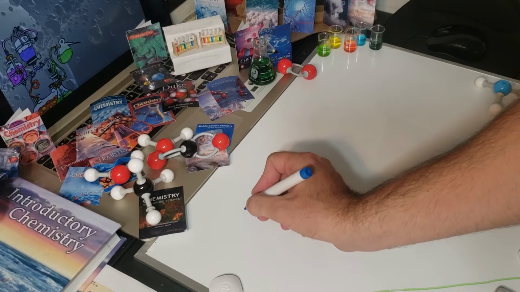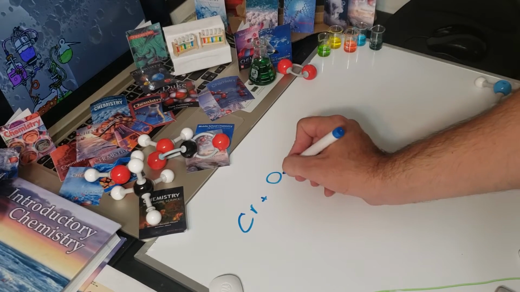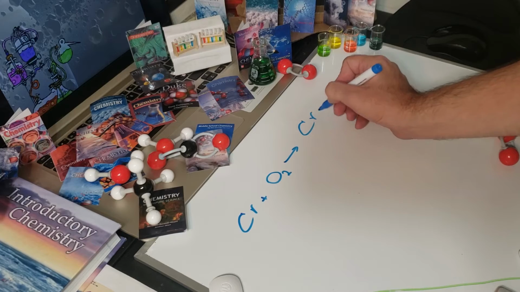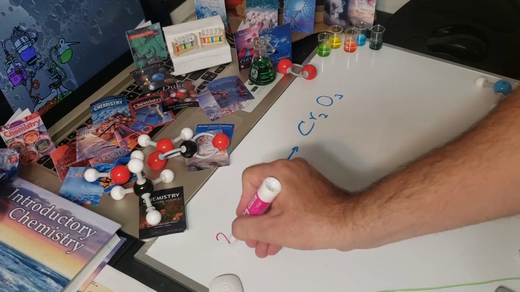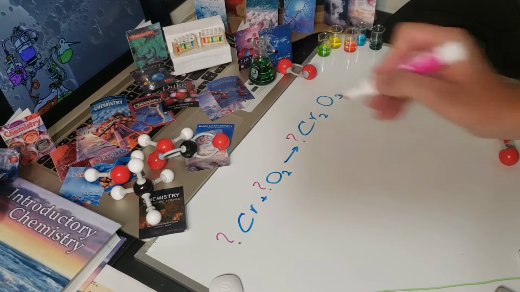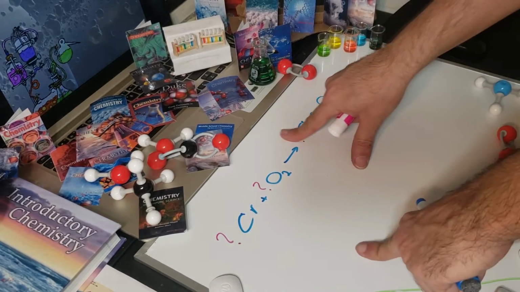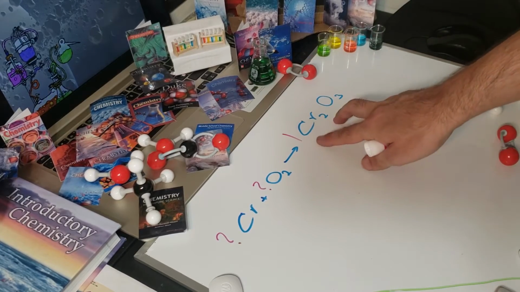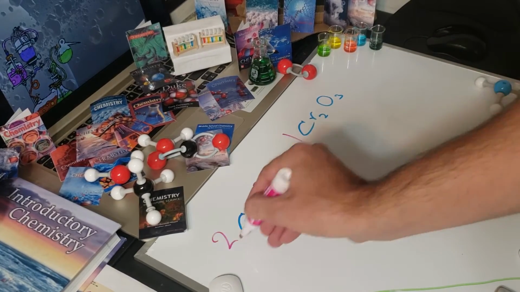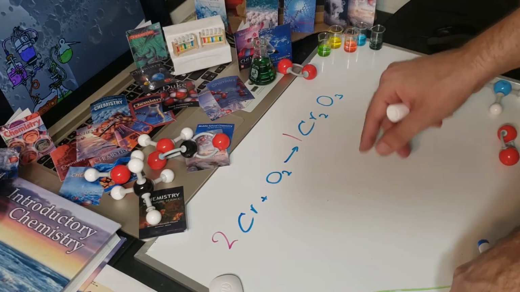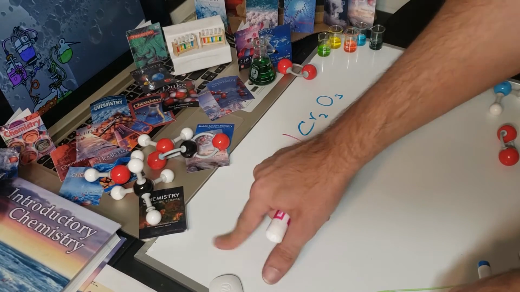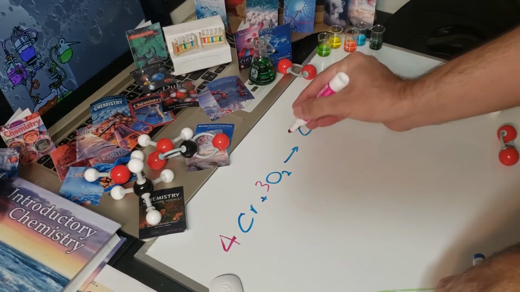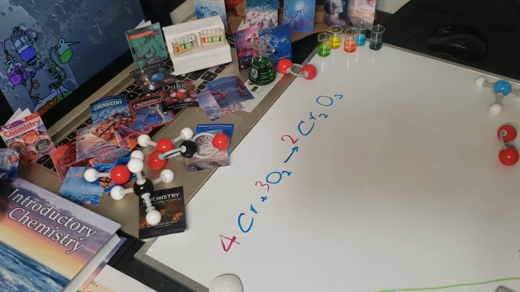So let's go to this first example, chromium plus O2, giving you chromium 2O3. And I'm going to start with putting the coefficients for this one first. If I put 1 for this, that would be 2 chromium, so that would be 2 here, that's the metal, so I go first with that, and 3 oxygen, so that would be 3 halves. I could also say I can multiply everything by 2 to make it 4, 3, 2 here. Okay, also let's do this one,